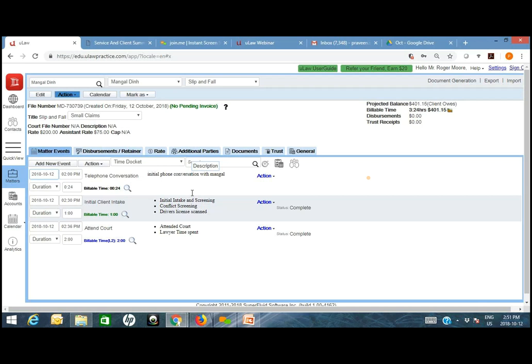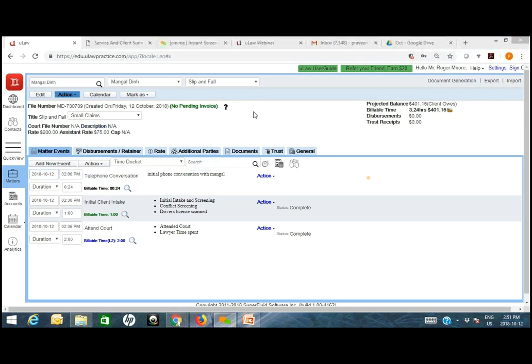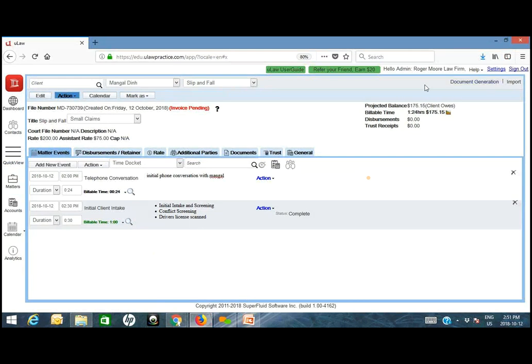Okay, and then uLaw gives you that opportunity. Let's assume there are expenses, right? Now, in some firms, you may have an accountant. In some firms, the assistant themselves may be doing all of this work. Because we already have logged in as Sandra here, let's just assume Sandra's helping with the expenses. So let's say,